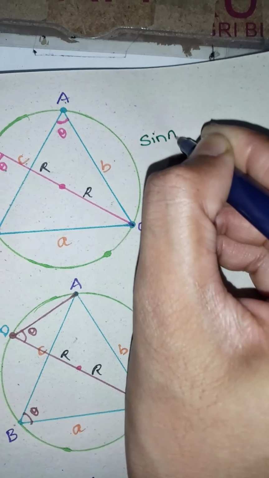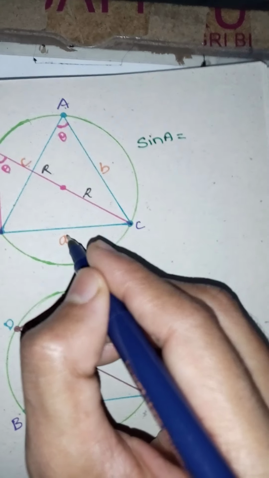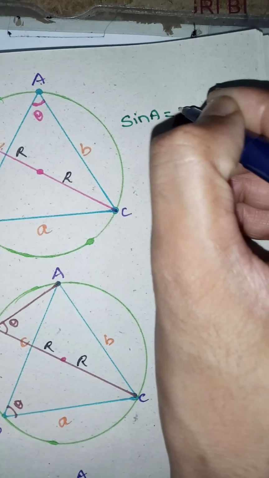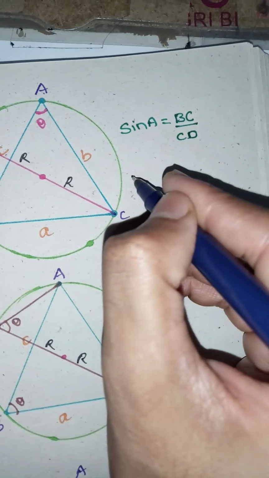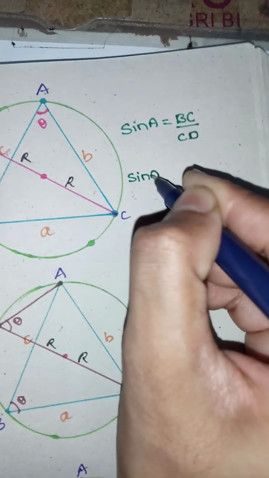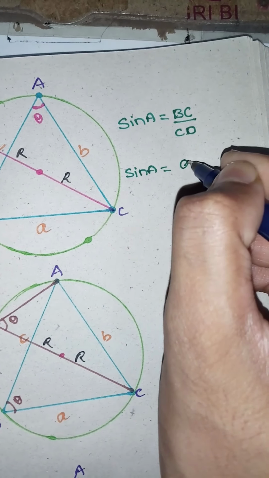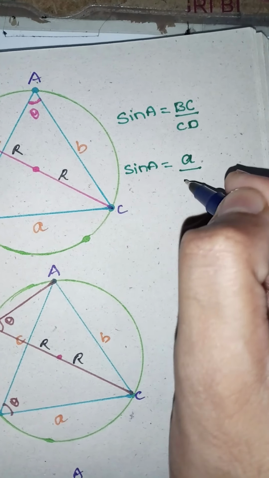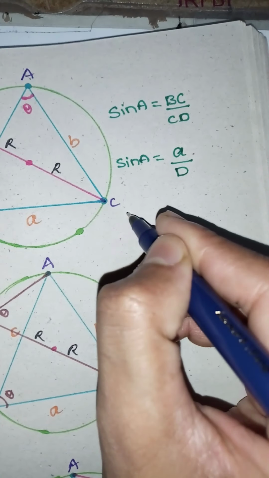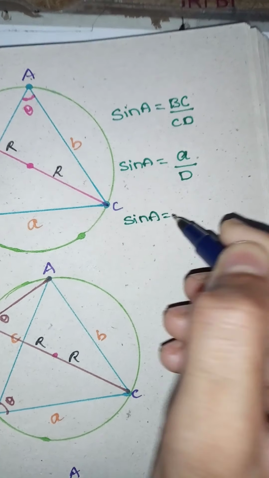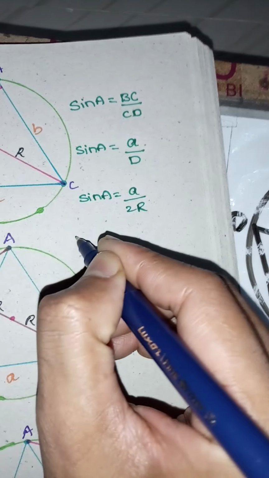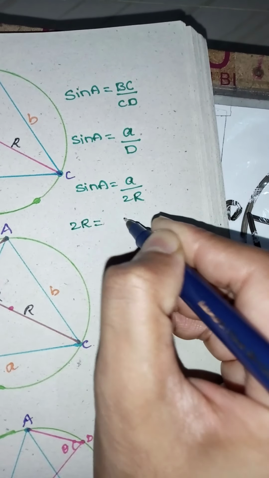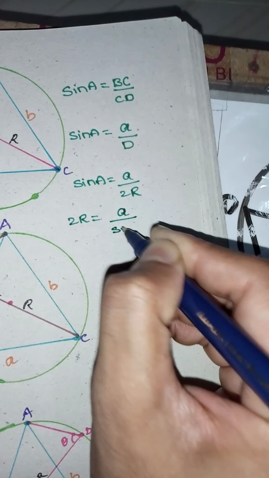Therefore sine A is equal to opposite side by hypotenuse, that is BC by CD. Therefore sine A is equal to BC, which is small a, and CD is the diameter. Therefore I can write sine A is equal to a by 2 times the radius. Now similarly, I will make 2r constant, that is equal to a by sine